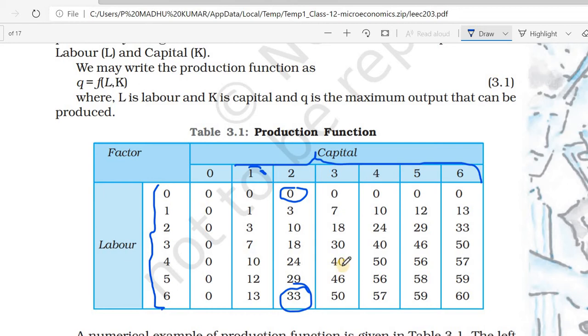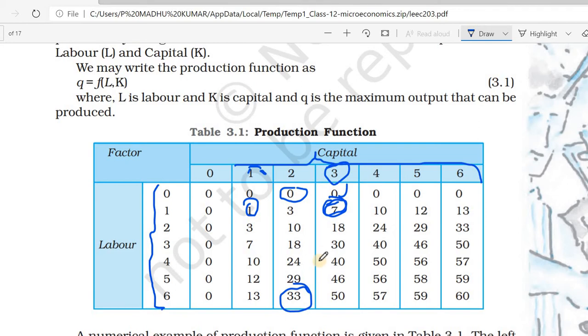When the producer increases capital or labor, production increases. Here the producer increases the capital to 3, and production also increases. When capital was 1 and labor was 1, the producer was getting only 1 output. Here the producer is getting 7 output. What is the reason? Because here capital is 3. In the case of stitching machines, now there are 3 machines, so the producer